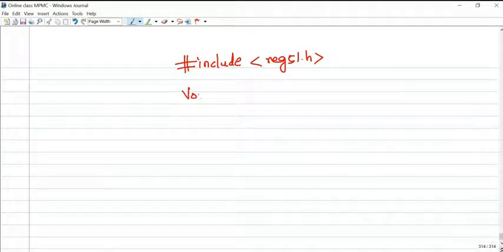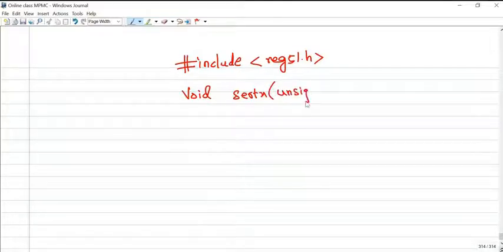Then the function declaration. I have given the function name SCRTX for serial transmission, with an unsigned character argument. You can give any name. Then the main program.